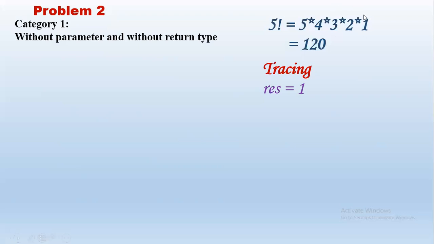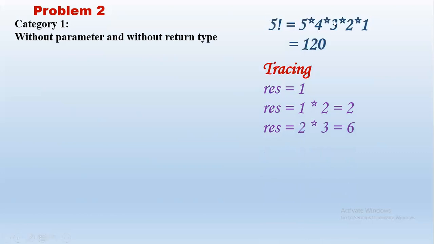So we have already got 1. The next number to be multiplied will be 2. Say we take another integer, say I. So start I from 1, and every time increment by 1. We have seen a similar implementation in factorial. Let us see the tracing. So 1, the next number we need to multiply is 2. So 1 into 2, now we get the result as 2. Now this result has to be multiplied with the next number 3. So 2 into 3, we get the result as 6.